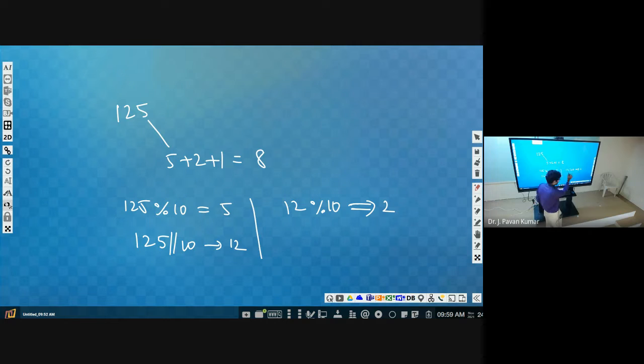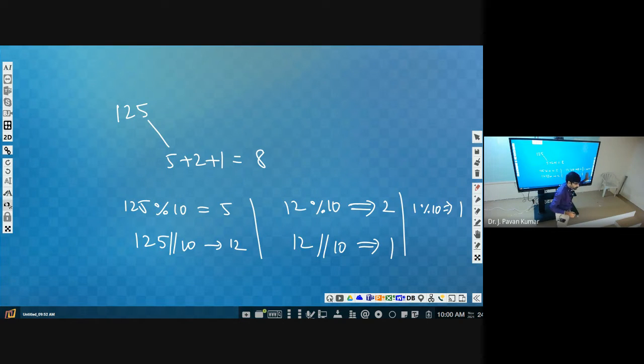Next, this 12 we have to change to 1. How can we get 1? By performing floor division, so 12 floor division 10 gives 1. Next, from this 1 again we perform the mod operation. Same two steps we repeat. What is the first step? n mod 10. What is n here? 1. So 1 mod 10. Whenever the left side operand is less than the right side operand, we get the left side operand itself. So 1 mod 10 means 1 only.